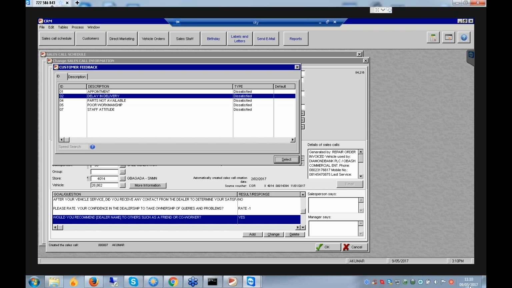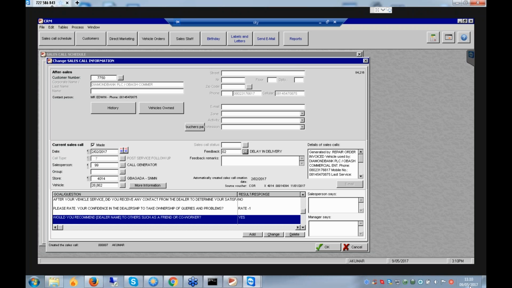Yes, it's possible. When we reply, you can enter the feedback remark and click OK. This call will be out from here. We are going to add one more process here: complaint.